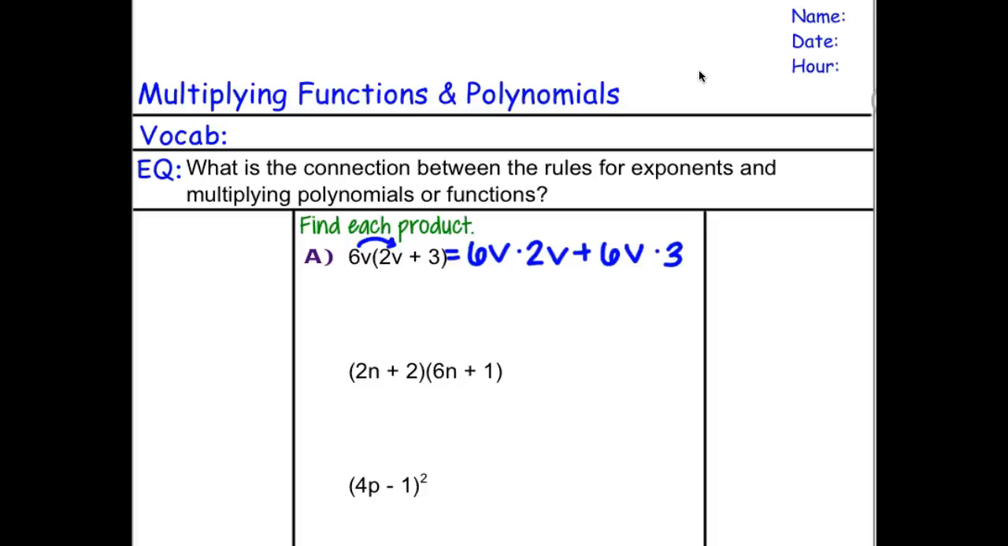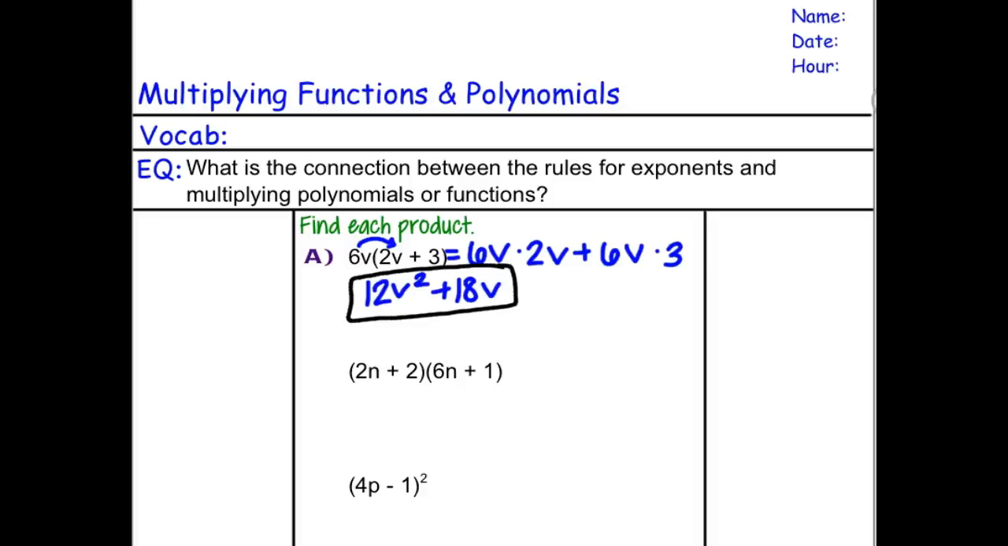6b times 2b, remember that's 12. 6 times 2 is 12. b times b is b squared. Remember to take a look at it as b times b and not two b's. Yes, there are two of them, but that's why it's b squared. And then 6b times 3 is 18b. We cannot, I repeat, we cannot combine 12b squared and 18b because they are not like terms, which leaves us